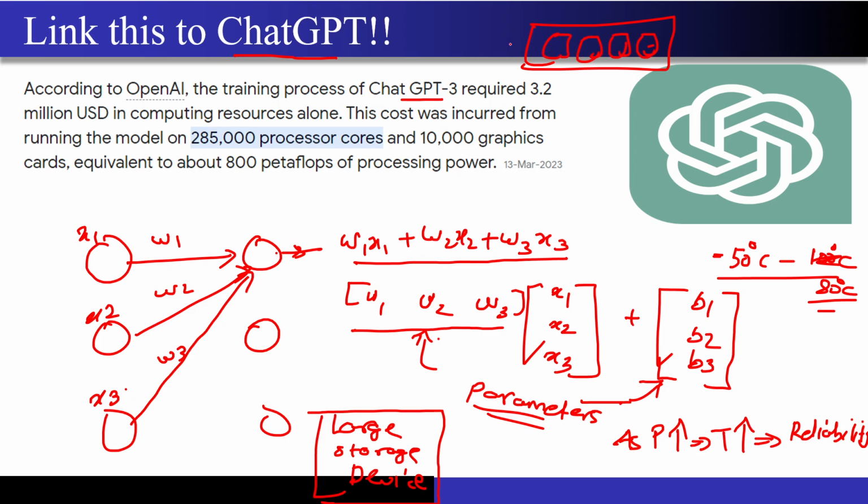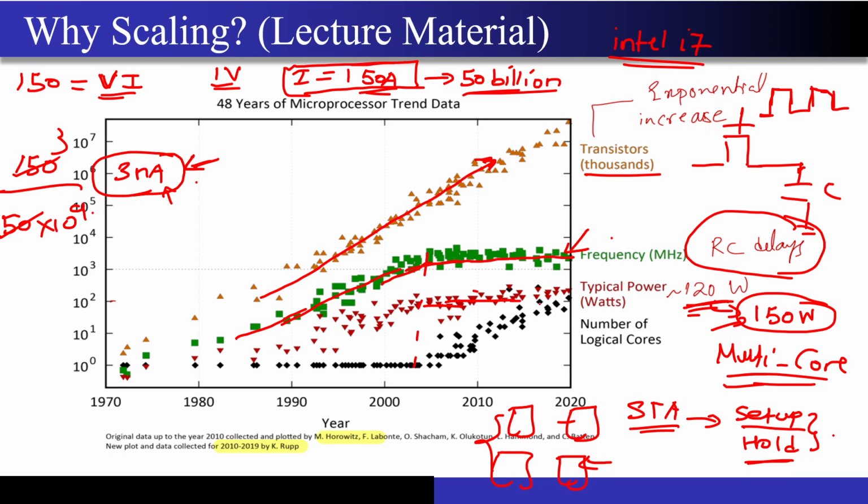Correct? If this has a very high computational load, then this may create a local heat map over here. The temperature in this region will increase so much, and I had only ensured that the processor will work only up to 80 degrees Celsius. Now if this temperature reaches 100 degrees Celsius, this processor may even burn, this core may even burn. Correct? So the limitation over here is that I am not able to remove the heat generated by the processor very efficiently. Correct? And that is why I cannot increase the power beyond this particular value. Correct? So I hope till this point it is very much clear.